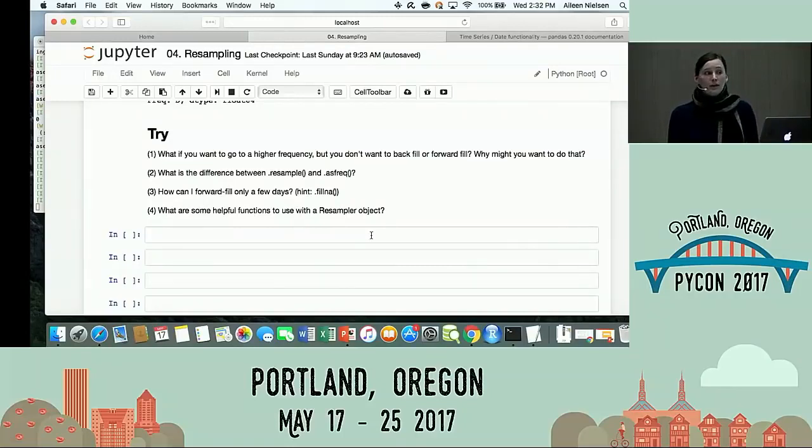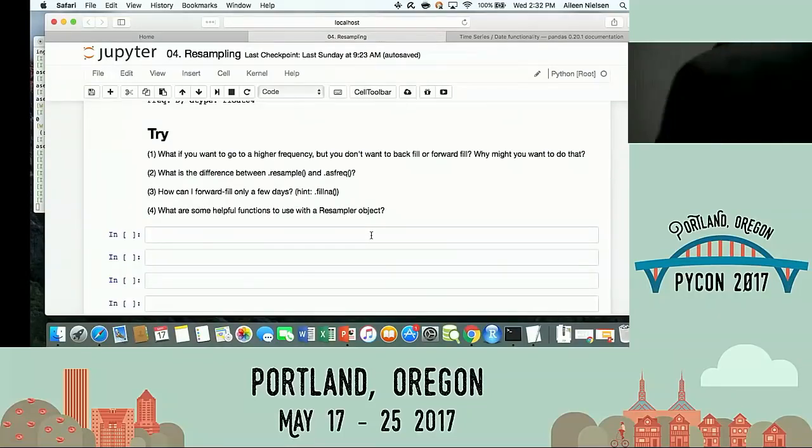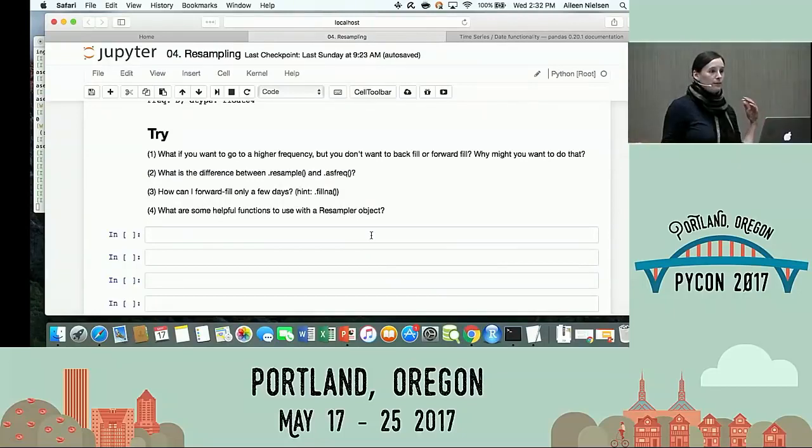Another use case is maybe where you're doing a join with another data source. So for example, I have climate data, I'm collecting particle counts in Portland, and I'm just treating Portland as Portland. I don't actually care about neighborhood. And one sensor went off every 30 minutes, and another sensor went off every 17 minutes. So if I start sampling every 17 minutes, if the one sensor was firing off, I'm good, right? If it wasn't, I'll put in a nan. So when you have parallel sources of data, that's another time when this might be useful to put in a none. Okay. What's the difference, as far as you can see, between resample and asFreq?